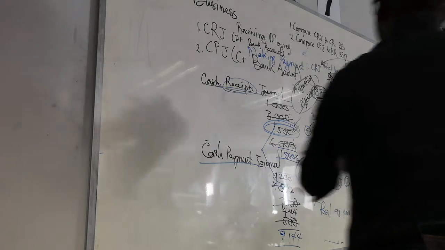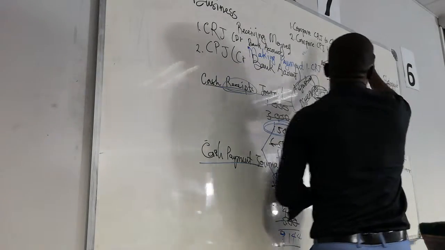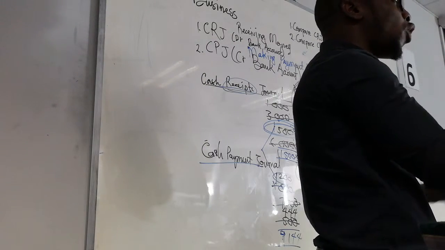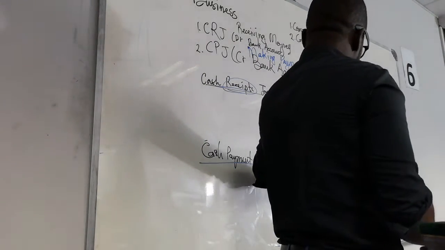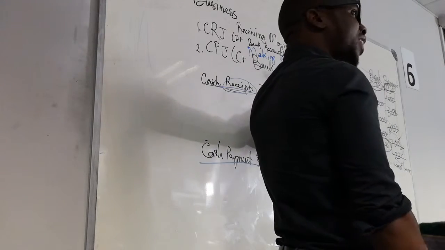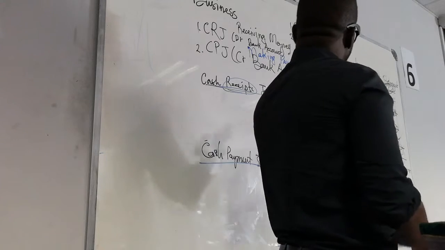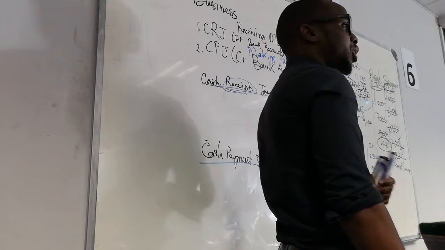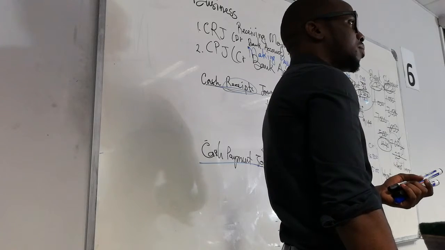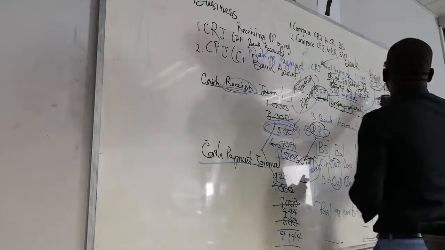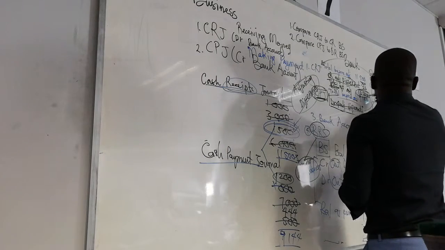We are testing the fact that when you were comparing CRJs to the credit side of the bank statement, you knew what to look for. You were searching for timing differences, and you recorded them in the BRS. You were searching for adjusting differences, and you recorded them in the cash books, either the CRJ or the CPJ. Are we together?